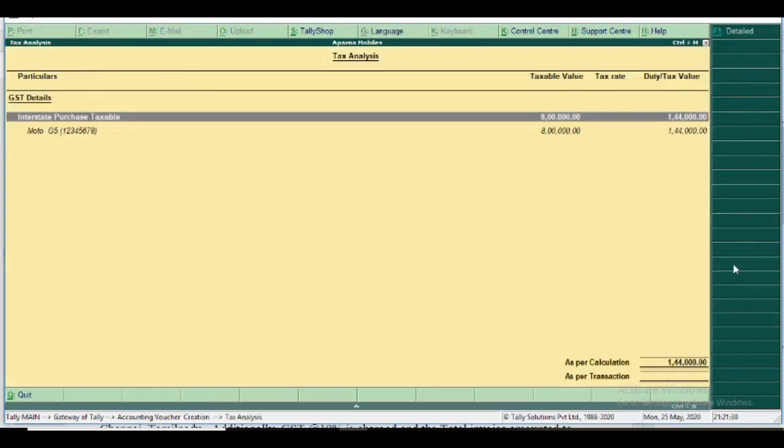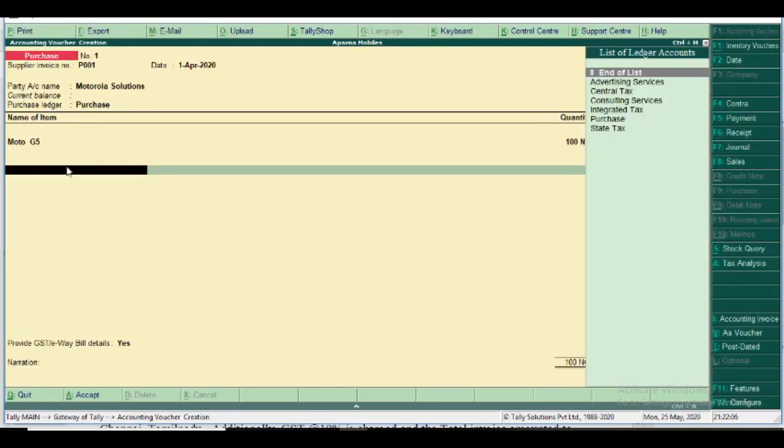You click the tax analysis, and it automatically comes with the HSN code and the GST tax value. 8,000 is the taxable amount, the taxable value is 1,41,000. You press detailed, and it says it involves integrated tax. So it is easily found, a nominal concept. So you select the integrated tax here.